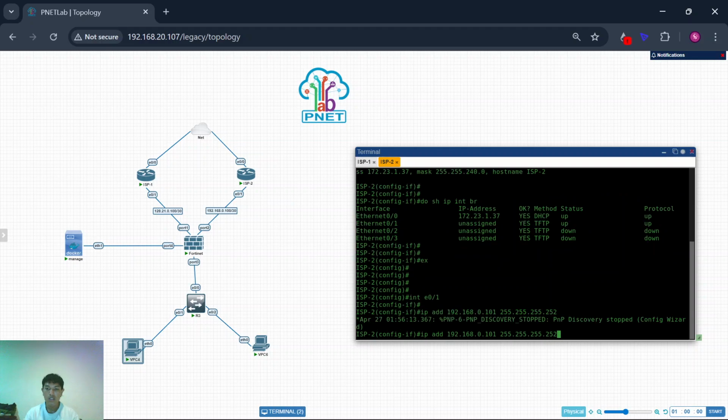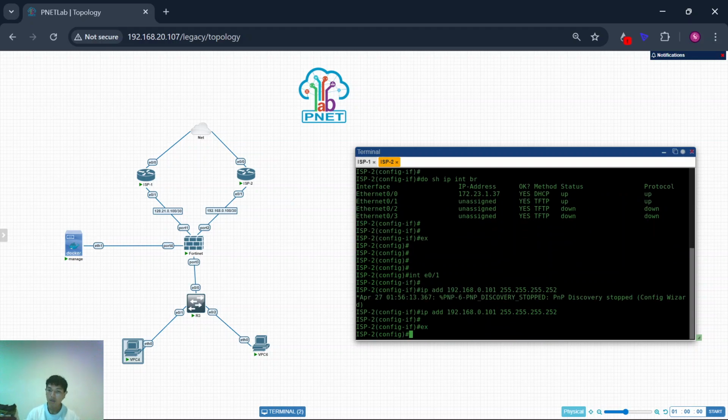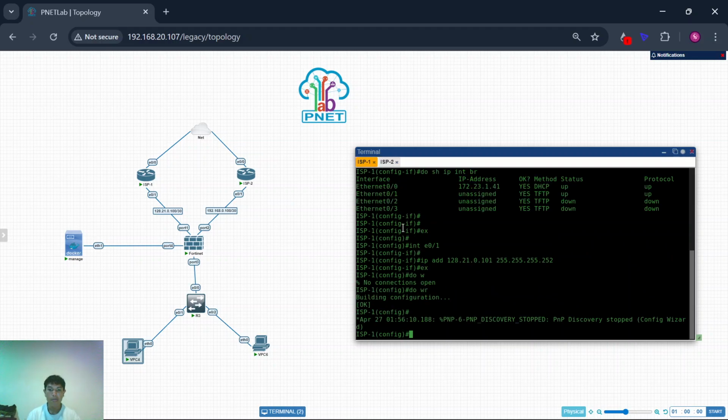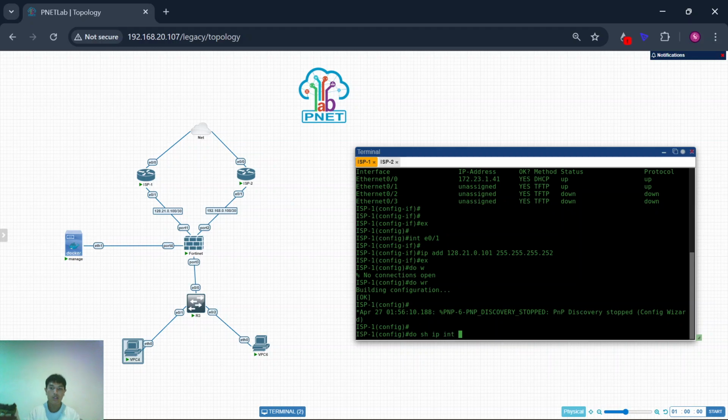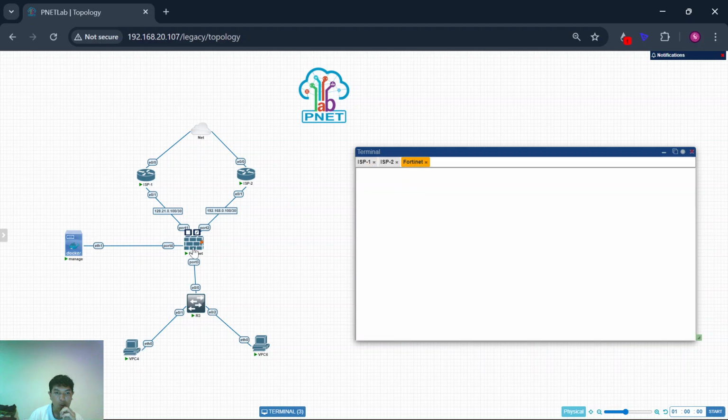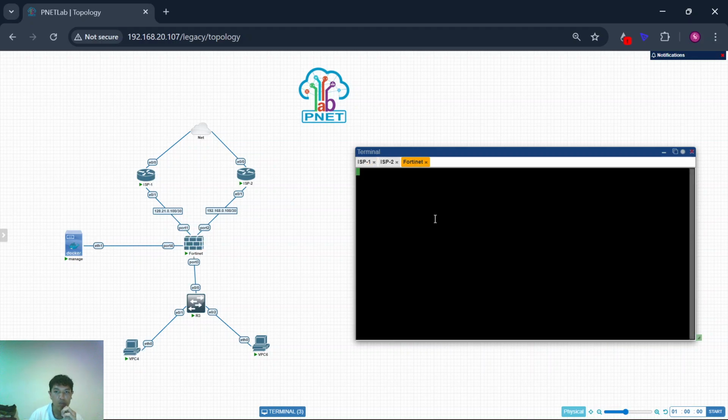For the prefix it's the same, I'm using prefix 30, and go to check the interface with show IP interface brief. You see, and here do show IP interface brief. And now configure Fortinet for port 1 and port 2.